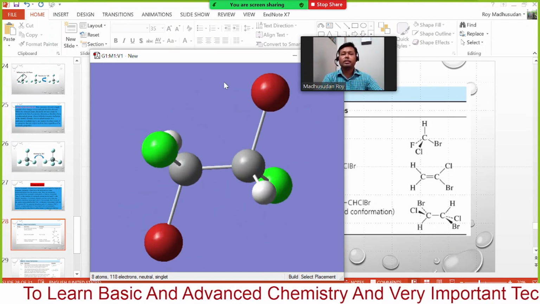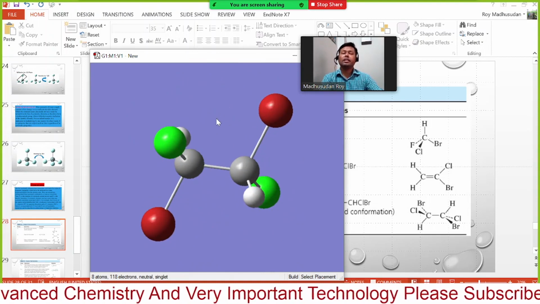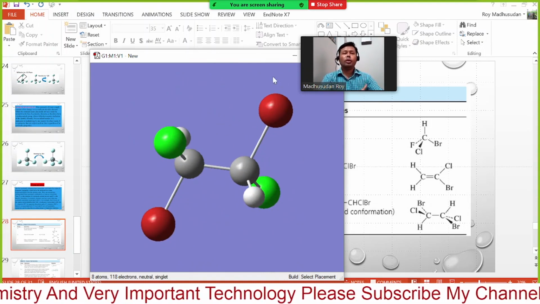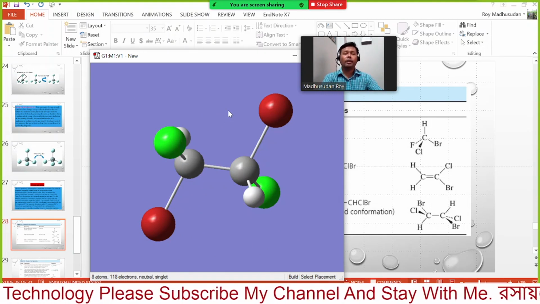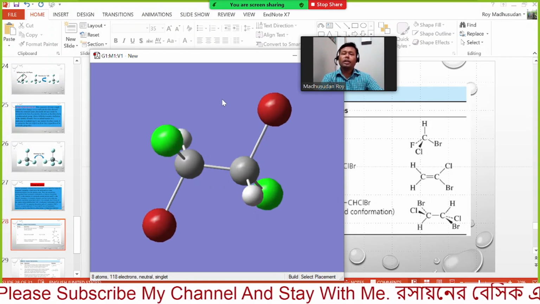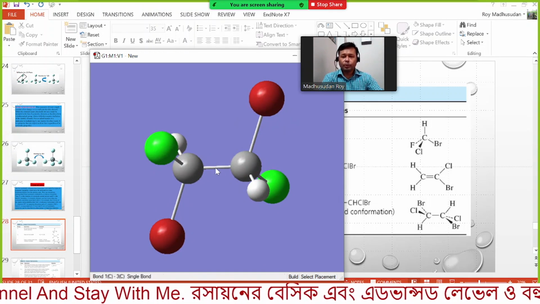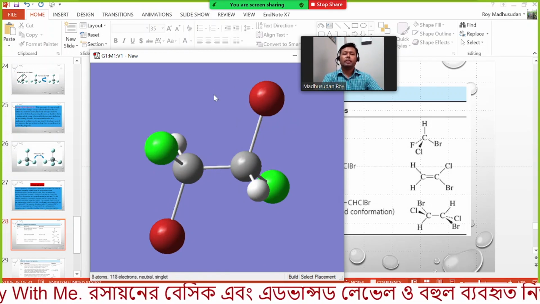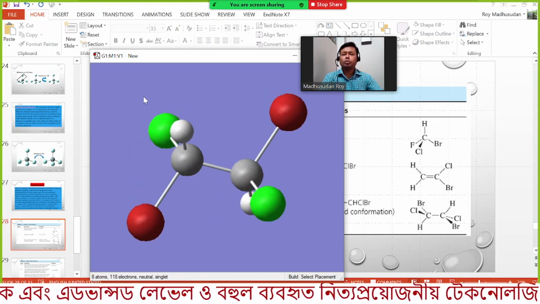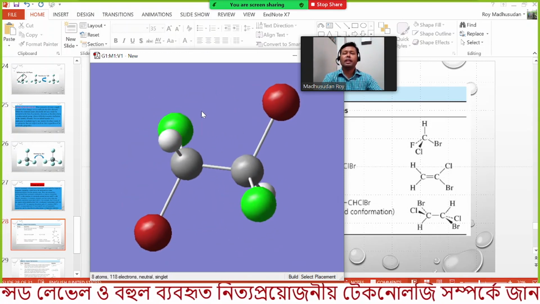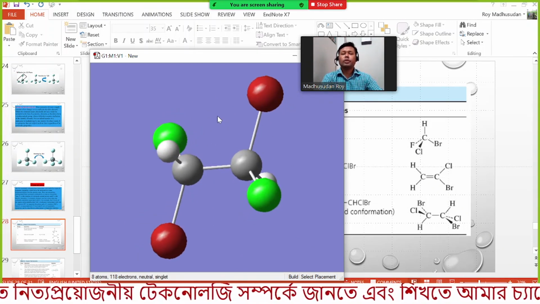If you rotate by 60 degree, 120 degree, 360 degree, only 360 degree gives any molecule. Any molecule will give you the 360 degree or identity operation. However, this type of molecule can have the identity operation just by reflection through a center, the center of inversion. So if you invert this molecule this way, you can have exactly the identity operation. Therefore, this has center of symmetry.